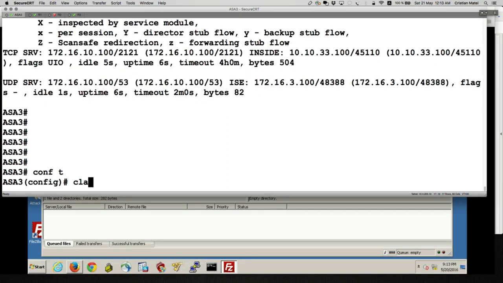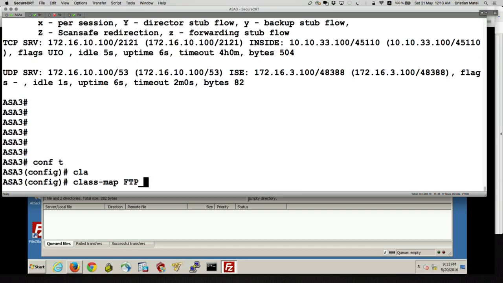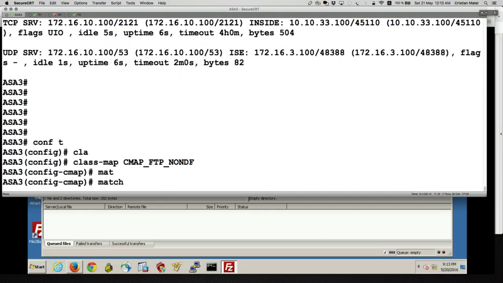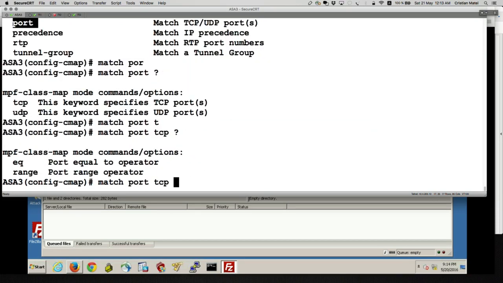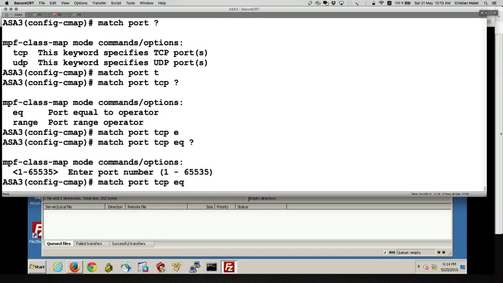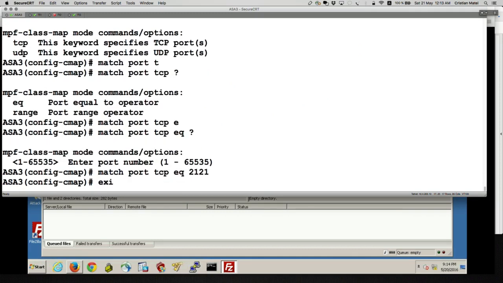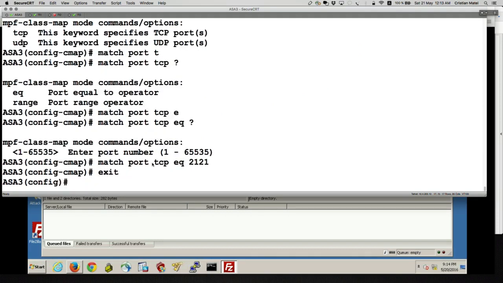So I'm going to say class map FTP non-default port. Let's say class map CMAP FTP non-default. And let's say match. So instead of matching on an ACL, we can say match port TCP equal 2121. So I'm telling the ASA that TCP traffic on destination port 2121, I want to inspect that